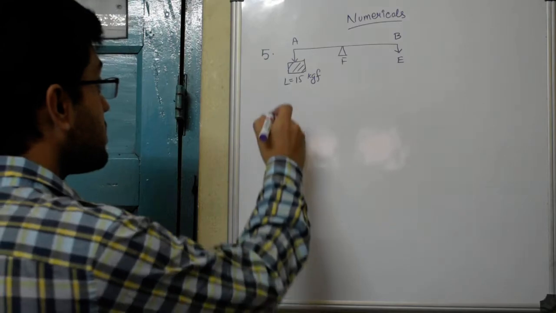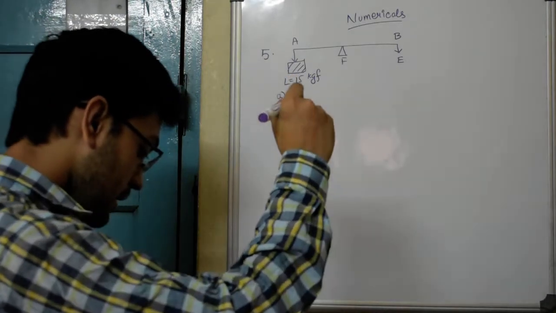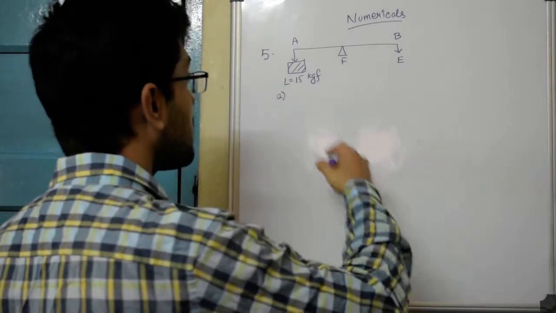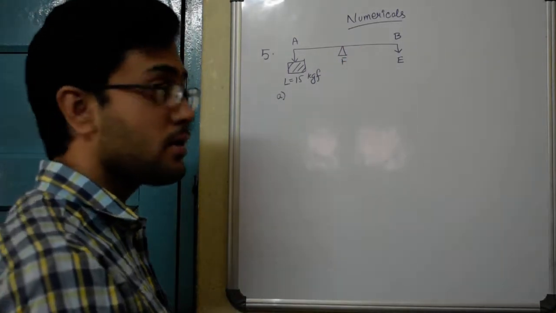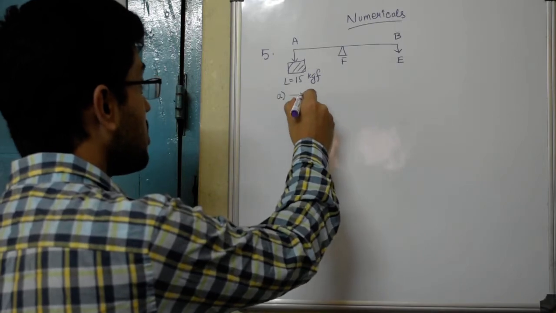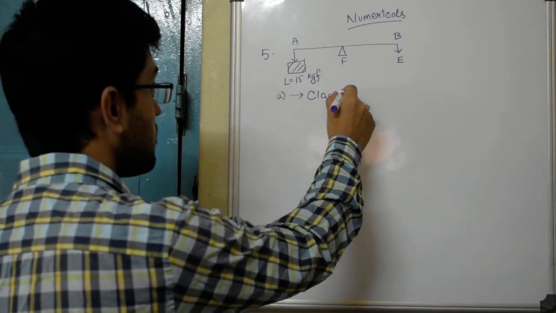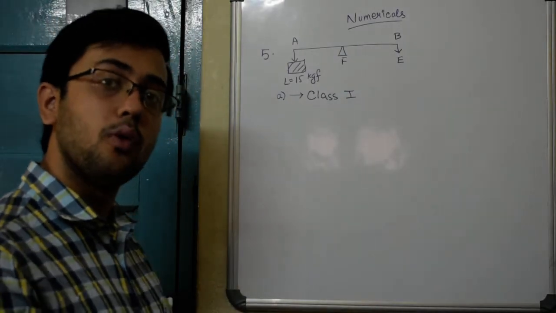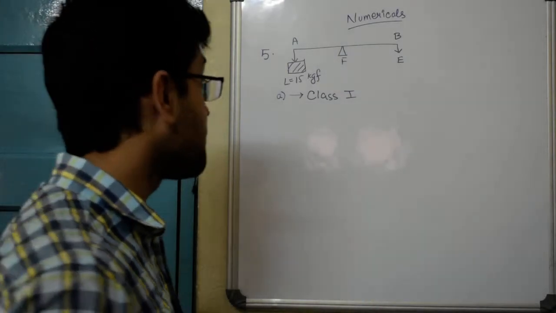The first part of the question, subpart A, asks us to which class of lever it belongs. Now as you know, whenever the fulcrum is in between load and effort, anywhere in between, the class that it belongs to is class 1 lever. Don't write first class lever, that's a different thing. Write class 1 lever or class 2 lever and so on.